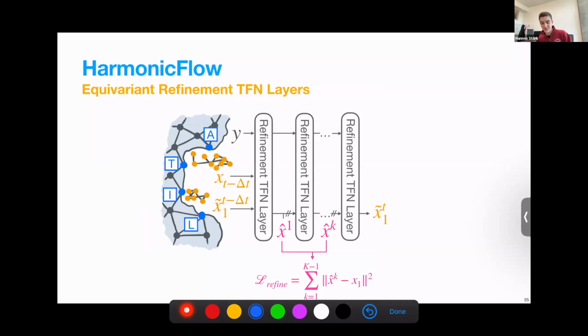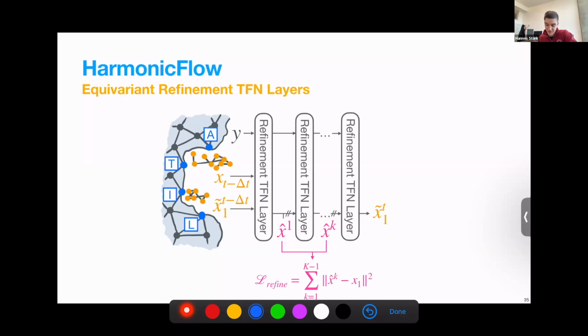What people usually did when using tensor field networks for predicting point clouds, as far as I know, or at least what we did, and then found that this sometimes didn't work so great, is to just predict coordinates. So we take some coordinates as input, and then we predict some coordinates as output. Instead, what we find to work much better is to just predict updates to the coordinates after every layer